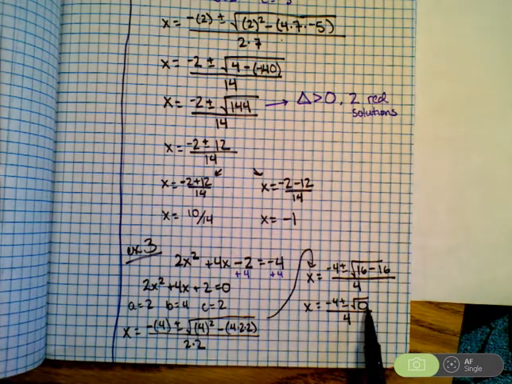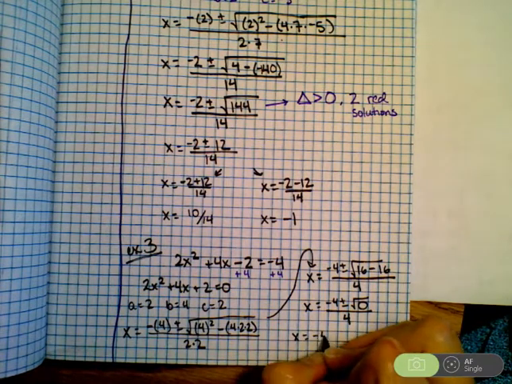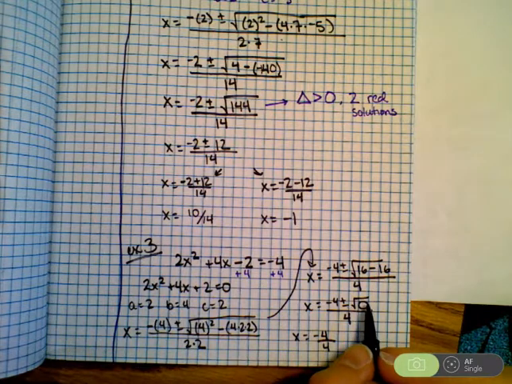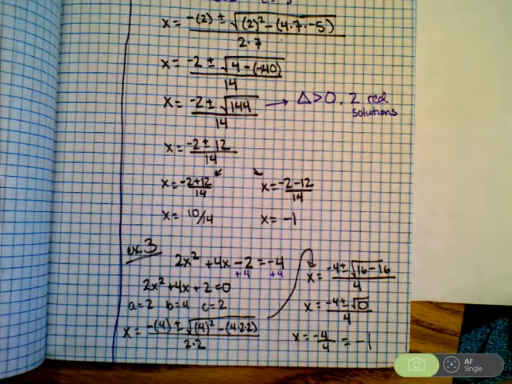Zero. One solution. Okay. -4 plus or minus 0 is still going to be 0. My one solution